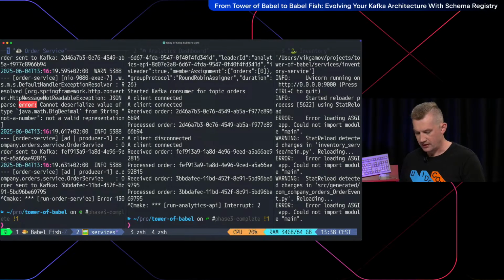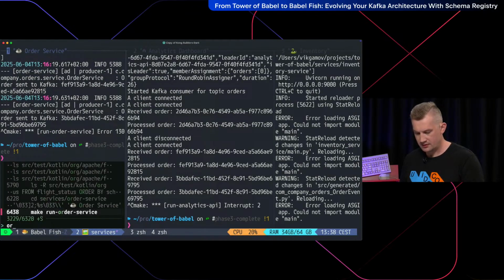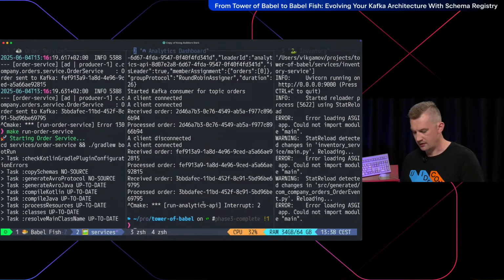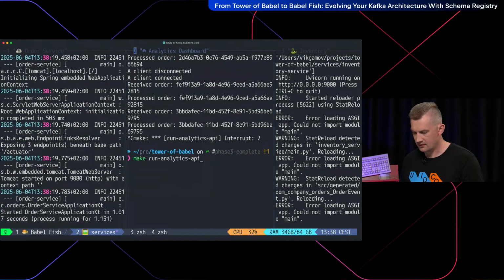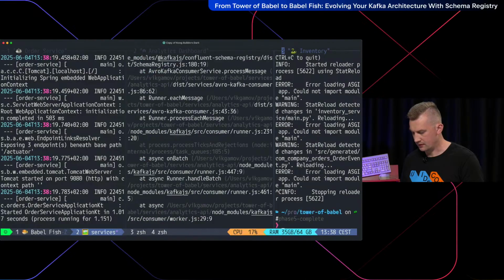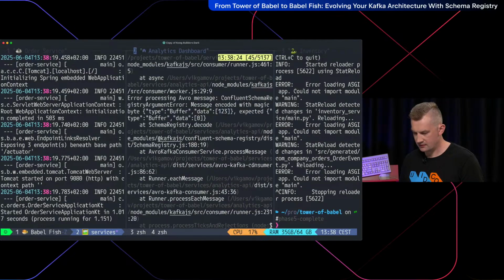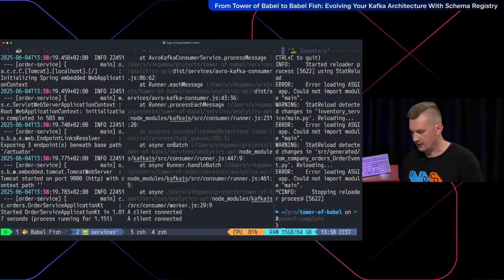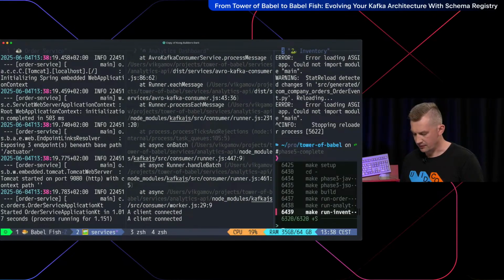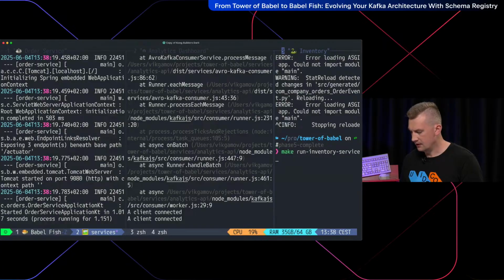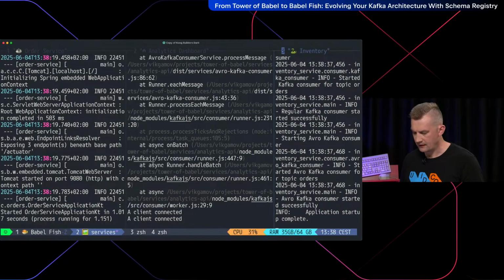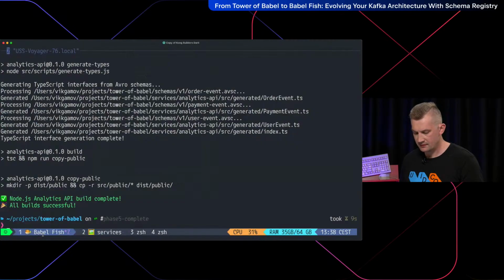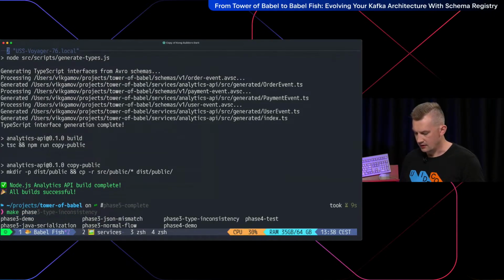Now we do make order service. We make analytics API, and we will kill this guy. And what does it say? Schema Registry good. We'll see. Maybe there are some leftovers in the Kafka topic, and it was inventory service. Now, with this demo, I do have make phase test,